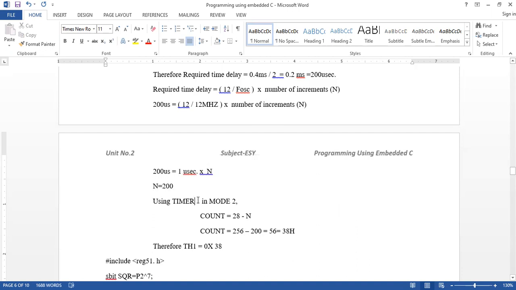So using timer 1 in mode 2, this is important, we are using mode 2. The count is equal to 256 minus n.